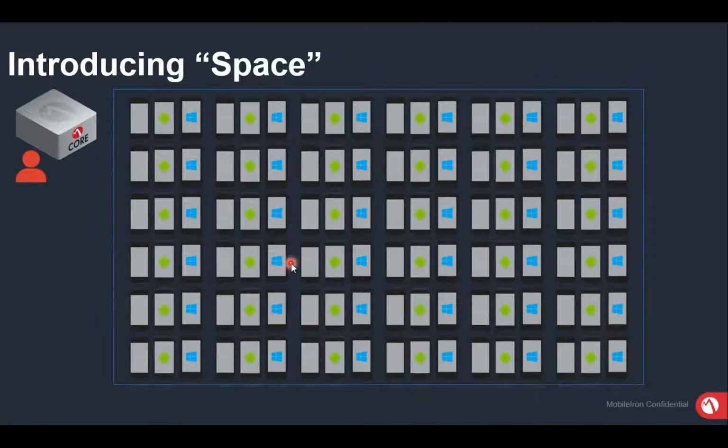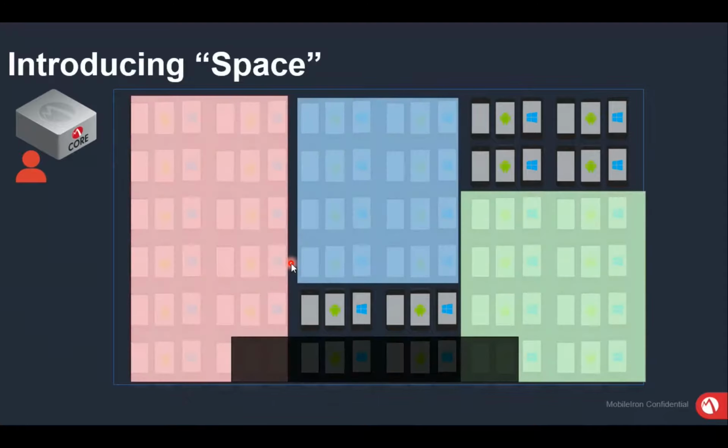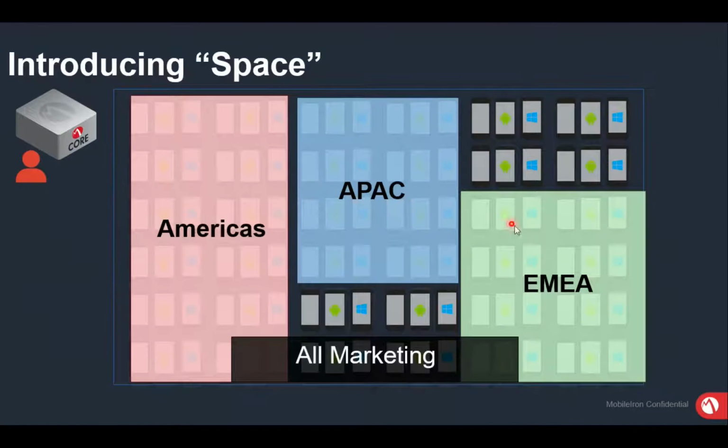And we have something called Space. Space is admin delegation, where, for example, you have one head office in UAE and a couple of branches across the Middle East. So you can define spaces for each region. And if you have a marketing team common for all the regions, there will be a separate marketing space created. The reason behind this is that each space will have its own admins, and each space will have its own set of configuration policies and set of user groups and devices.